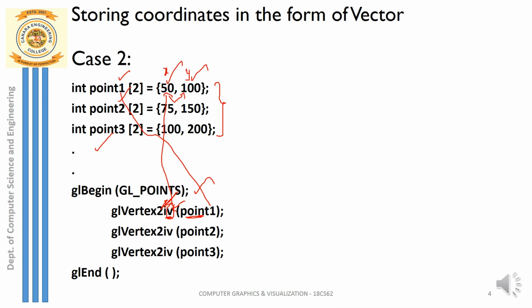And remember, v is a vertex pointer. Same thing here, the second function also glVertex. Here also the same vertex pointer is passed, and the array that you are using now, you are passing as a parameter, that is point2. For the third one, you are passing the third array as a parameter, that is point3. So v is a vertex array, the pointer to the array. So this is how you display the points, and this is our case 2. These are the two ways to display the points.